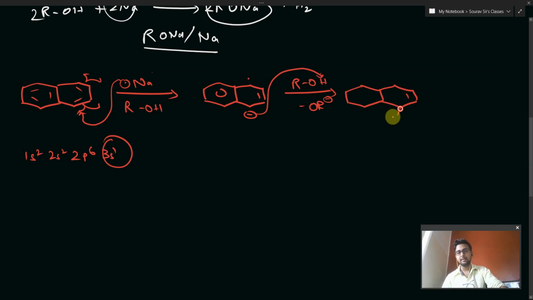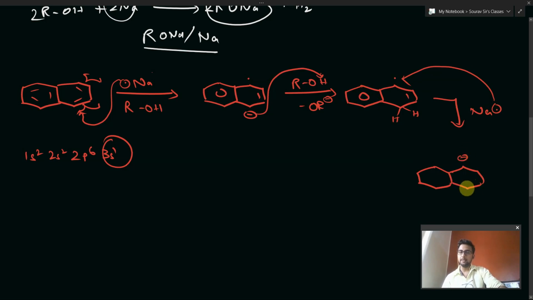So we have this kind of species and we have this charge over here. Again, this Na would be reacting, the extra electron from Na would be going up over here forming another negative charge, and the species will be there as it is. Then correspondingly again ROH will be given, RO minus will be released. So this is basically the product form.